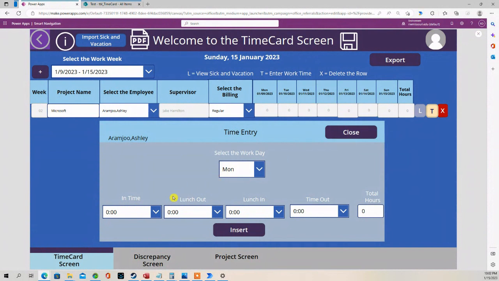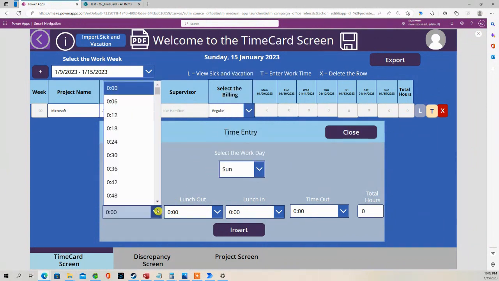So when I put in the hours, let's say I put in hours,